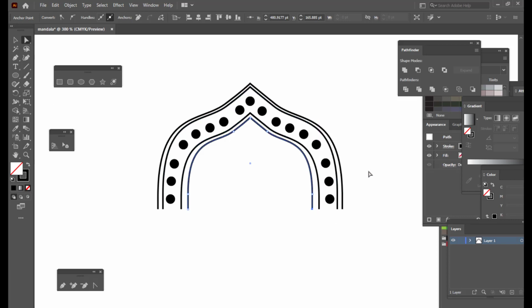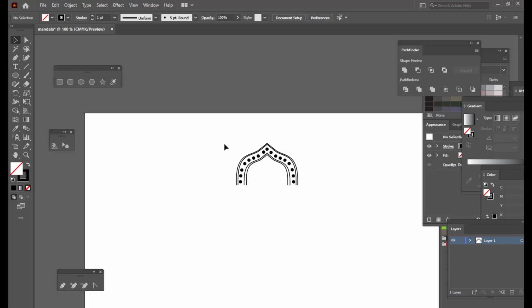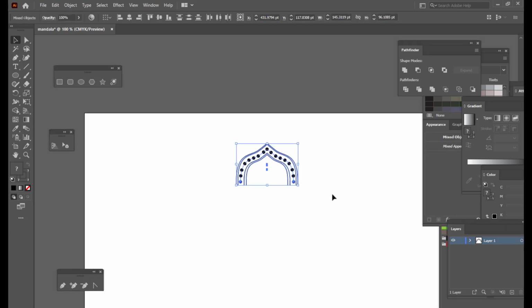We'll do a bottom alignment for these paths, right. So then what we'll do is we'll just group the entire shape or the objects,